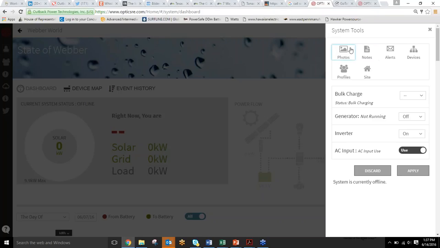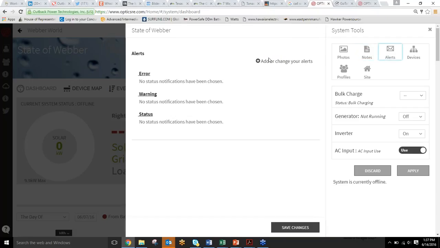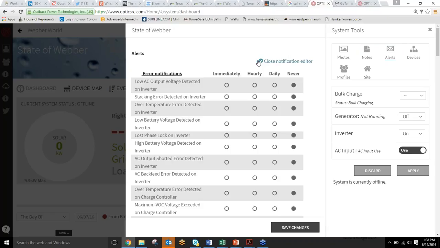Kind of give you a layout of the room they're in and that sort of thing. Same thing with the notes. Anything that you might have to remember later, you can put in there. The alerts is very interesting because you can essentially tell your system to let you know what's happening when. And if it's something you need to know right away, you can tell it that you need to know immediately. You can have it deliver hourly or daily